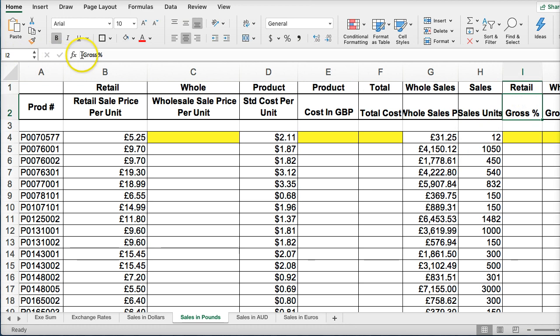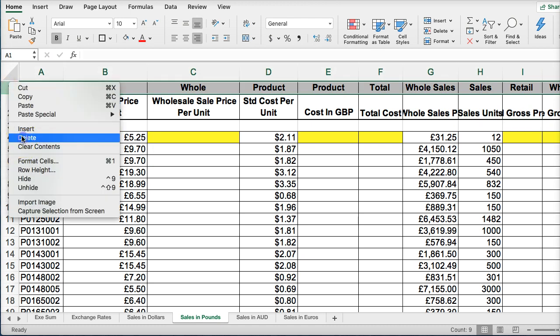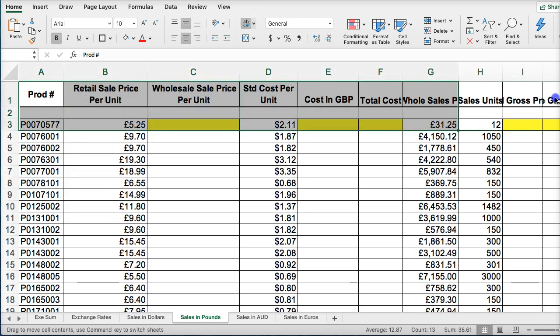retail, over here, wholesale, or I'm going to put in profit. So we want to keep the same as the previous page. So let's delete this, and then we're going to